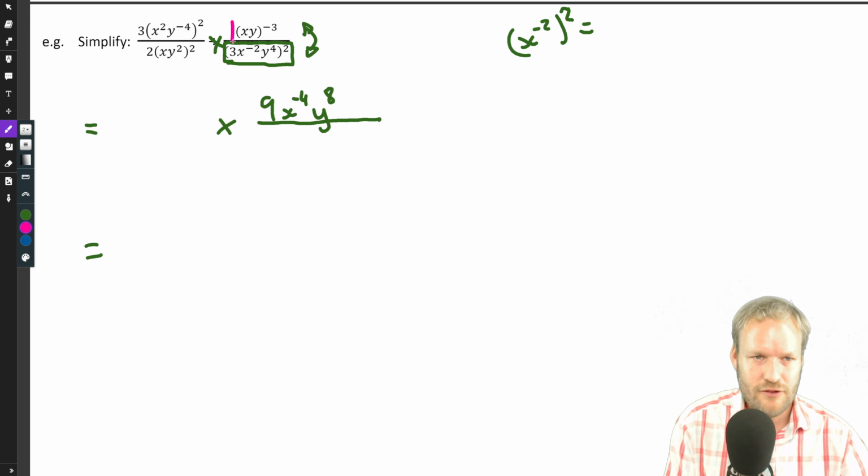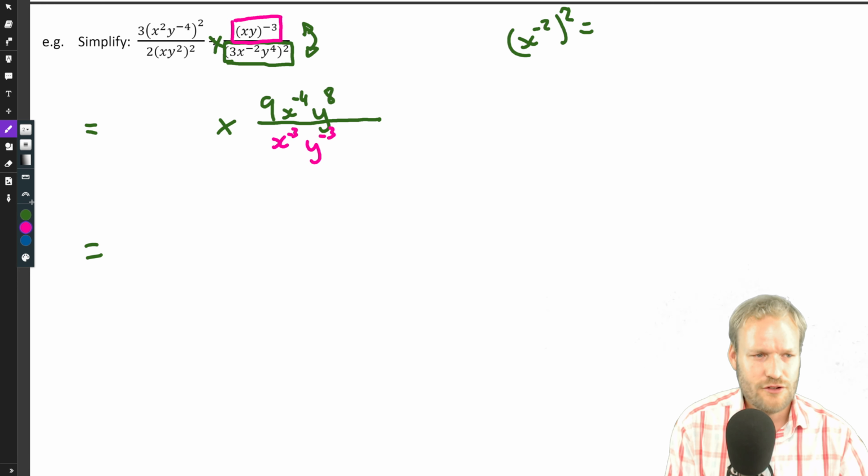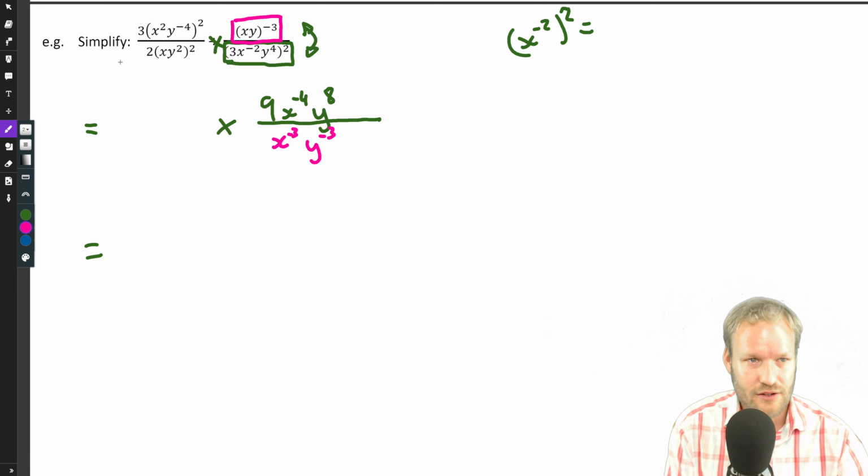And now we can simplify the numerator, which is becoming the denominator, in the same step. See, it's just saved a little bit of time. So the minus 3 applies to both the x and the y inside the brackets. Well, that's easy because it's just x to the minus 3, y to the minus 3. Okay, for this numerator in this first fraction, we've got